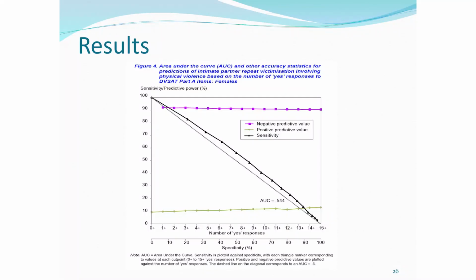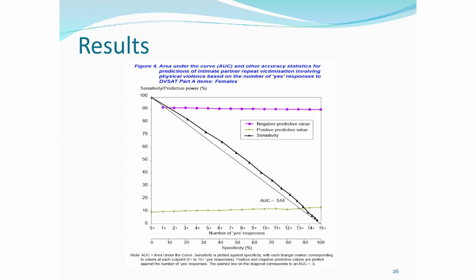And along the bottom axis, you've got the number of questions they said yes to. And straight from the start, you would expect your ability to pick victims would increase with the number of questions you said yes to. And if you look at that line, I'm not even sure what colour it is because I'm colourblind, but that green, Jack? The diagonal? No, the bottom one. Oh, yeah, green. The horizontal one. Yeah. Okay, so that's the positive predictive value.